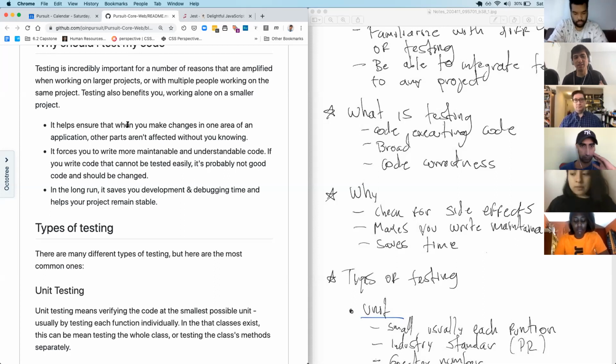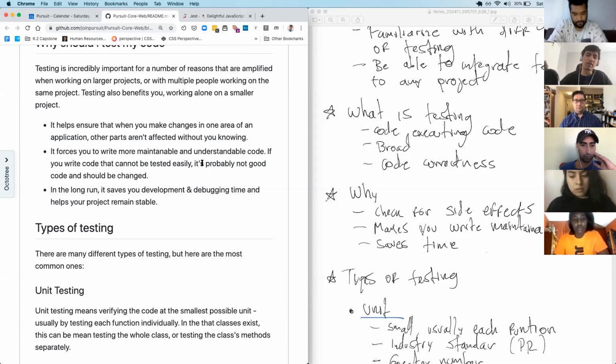And those that were failing were because I had changed that email in my auth route, but that email was being used on the to-dos route as well, or not the email, but when I was trying to register a user to add a to-do to test the functionality of adding a to-do. Then that test was failing because when I was registering that test user, it didn't include the email. So that's like a small example of how you can ensure that when you make changes in your code,